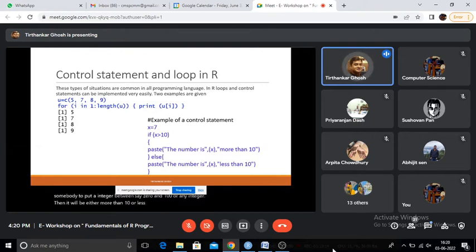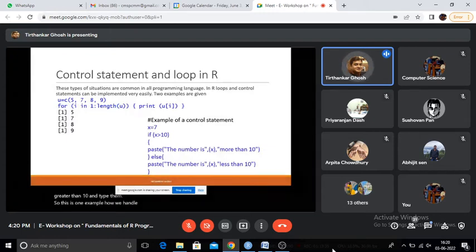So I can ask the computer, using our code, to examine that number, whether less than 10 or greater than 10, and type the fact. So this is one example of how we handle the control statement and how we do the loop.